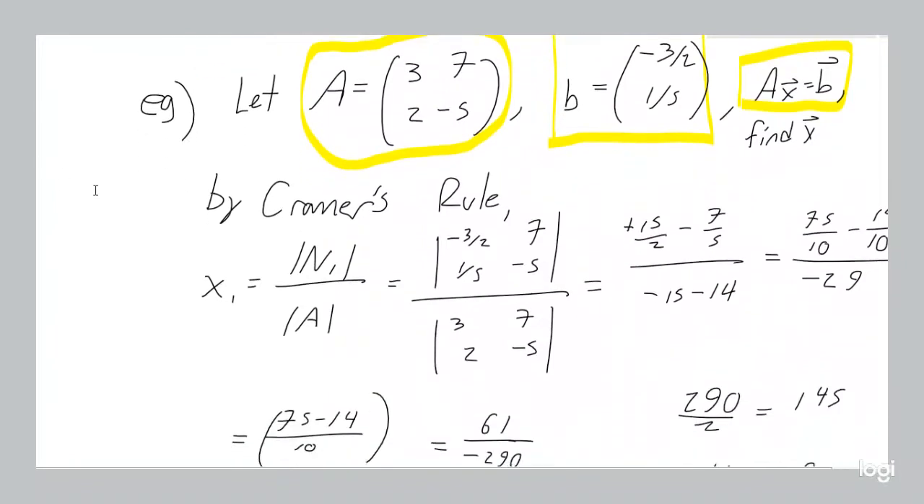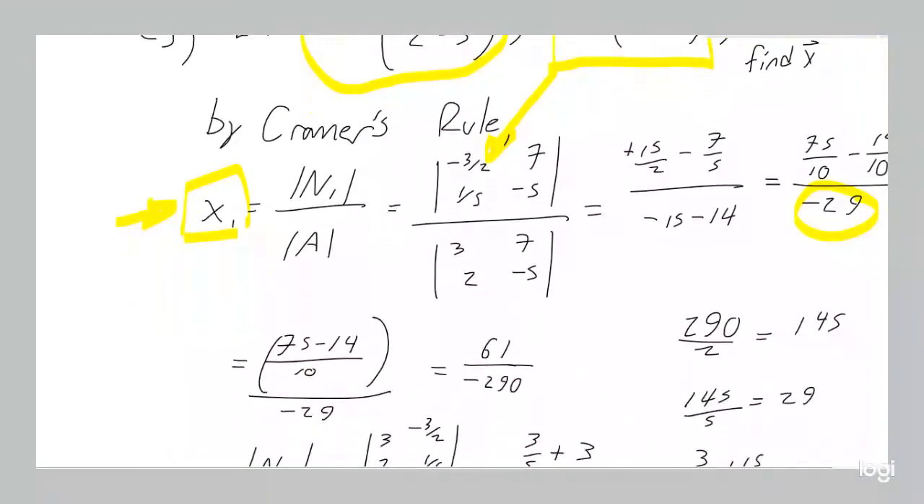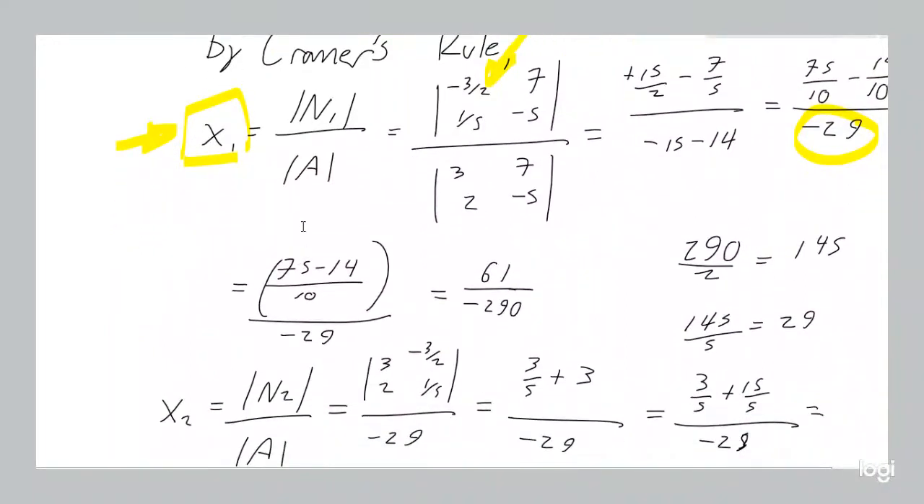So by Cramer's rule, x1 is going to be n1, the determinant of that, divided by the determinant of A. Okay, so what's n1? It's just like matrix A, but column 1 is replaced with vector B right here. Okay, so you see that right there. We get those two determinants. We have a negative 29 on the bottom, and at the top we get what we get, and eventually the result is